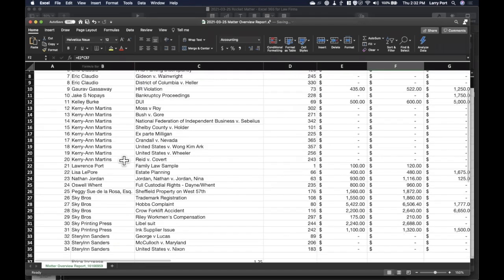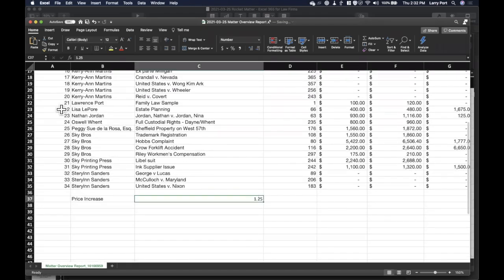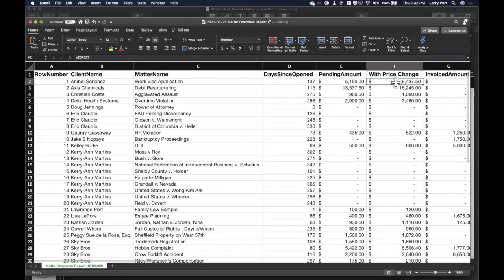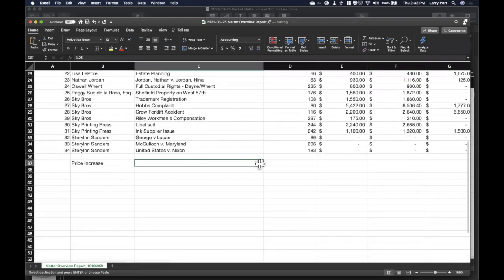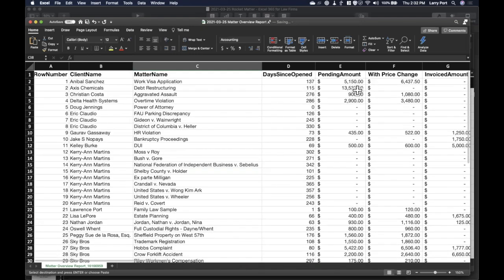If we go down to the price increase value, you'll see that it is indeed C37, right? But what happens when I want to copy this and paste it to the next row? It turns to 0. Why does it turn to 0? Because underneath the price increase is no value. So it's multiplying no value times 1357, and now I'm in bad shape.